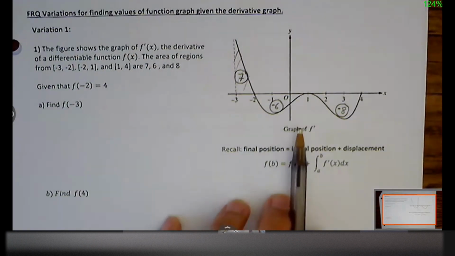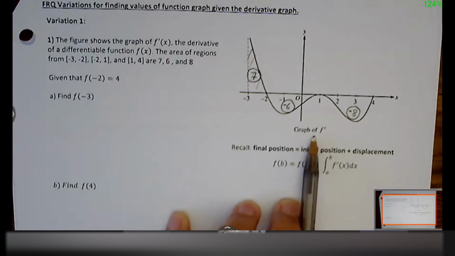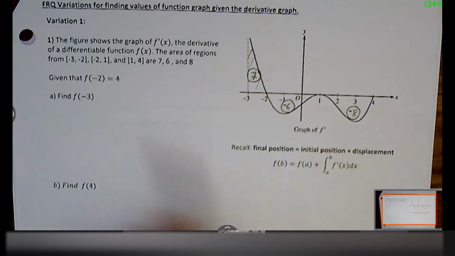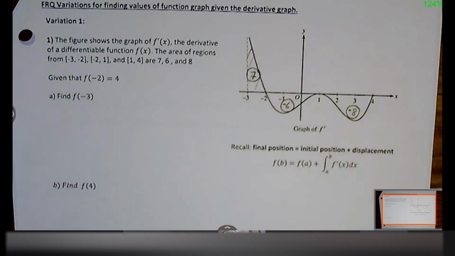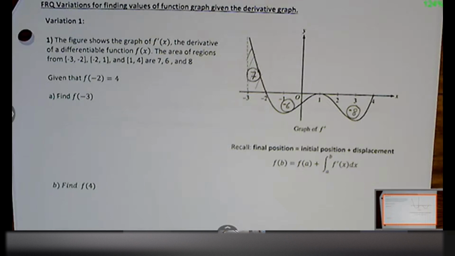Right. They're telling us explicitly this is a derivative graph, but we're trying to find f of -3, and this is part of the original graph that we're not seeing. We're only seeing the derivative graph. But the derivative graph will only tell you the accumulation of progress between one point to the next.